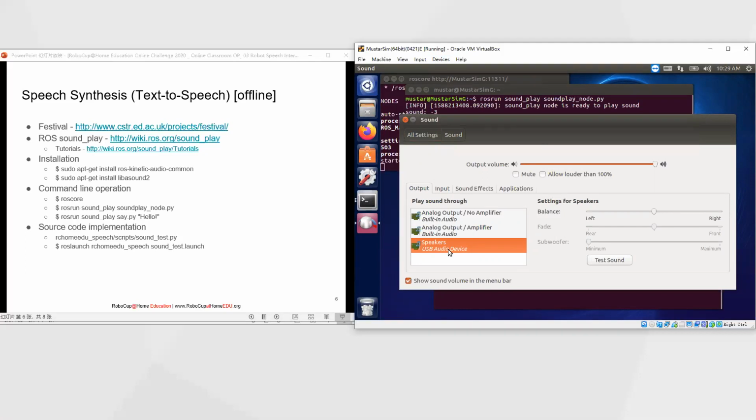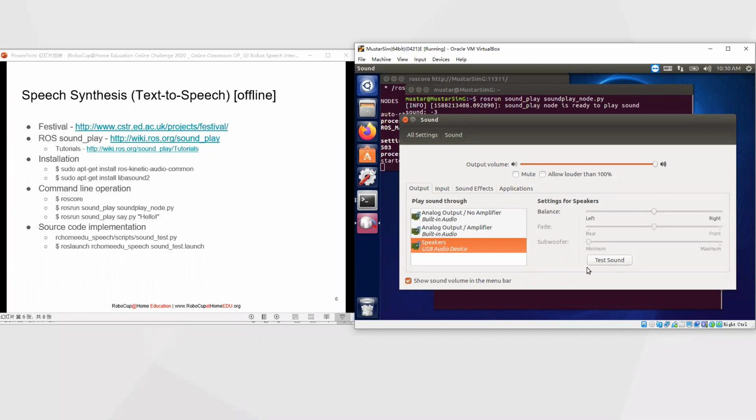Yes. So additional to David's explanation, currently we're using the robots that Jupiter robot offer. So they use the USB sound card. So USB sound card is actually a very simple device that is a USB plug-in. Then you have two jacks. One is for your speaker and one is for your mic. Because I also understand that a lot of modern laptops now come with a very weird sound jack. Okay, for example, you only have one, and you are going to share whether you want to put in a microphone or